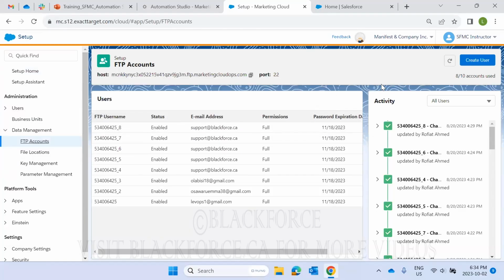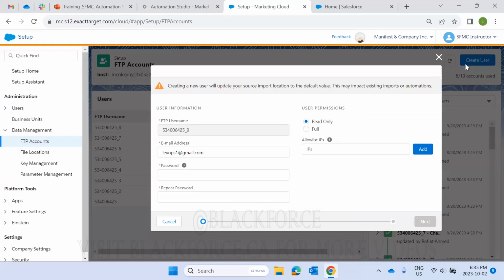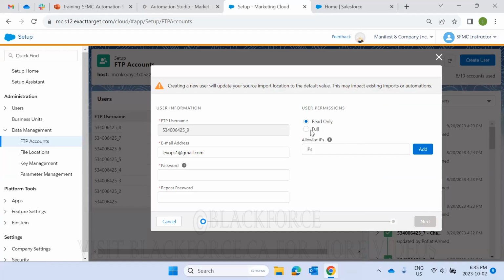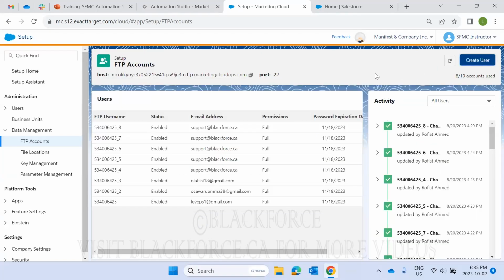You can only get 10 FTP accesses. As you see here, 8 out of those 10 have already been used in this account. So if we're going to give Risikat FTP access, we'll need to create a user for her, and we'll put in an email address and a password, and then we'll specify if we want to give full access or read-only access. That's the first step. We'll create a user for her. And then the second step is